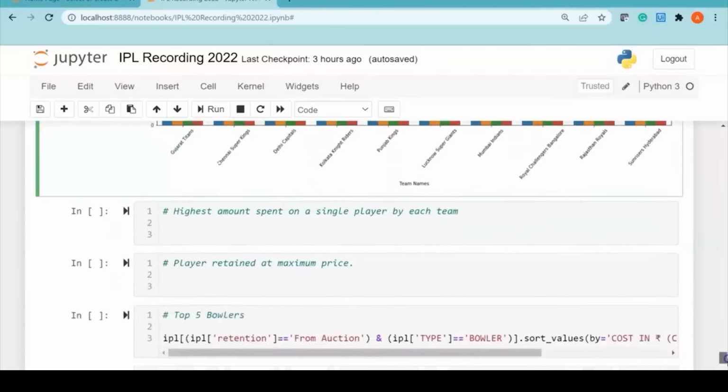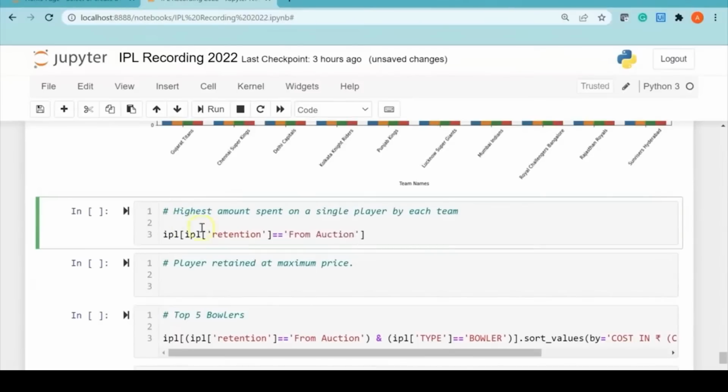Alright, now let's answer another couple of questions. Here I have: what is the highest amount spent on a single player by each team? To solve this question, I'll say my data frame name, that is IPL, then I'm going to say retention equal to, this should be from auction because we want to see the highest amount spent and not from the retained players. Then I'm going to group by team,